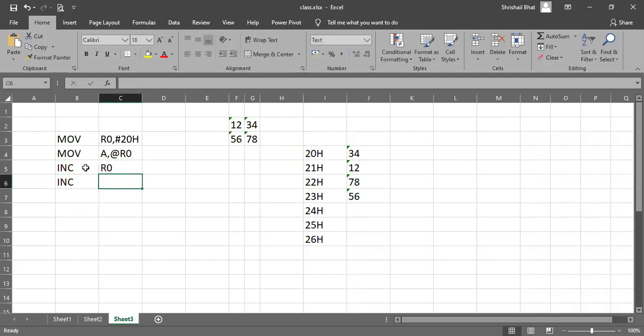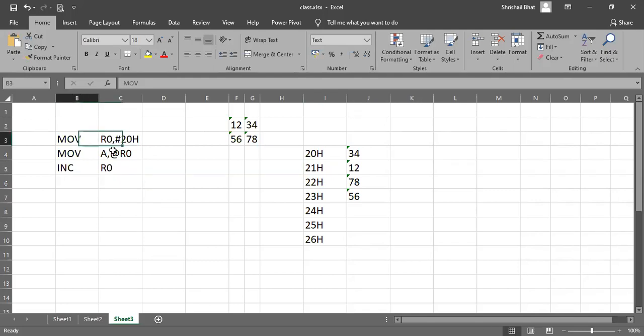This is why I said it will increase the lines of the program, because if you increment it twice, again you have to come back to get the next byte. You need to decrement and come back. So it will actually become a lengthy process. That's why we will do it using direct addressing itself to avoid this going forward and coming back again. It might confuse you while doing it. I can explain, but in the exam while writing, it will be difficult for you to trace where you exactly are.